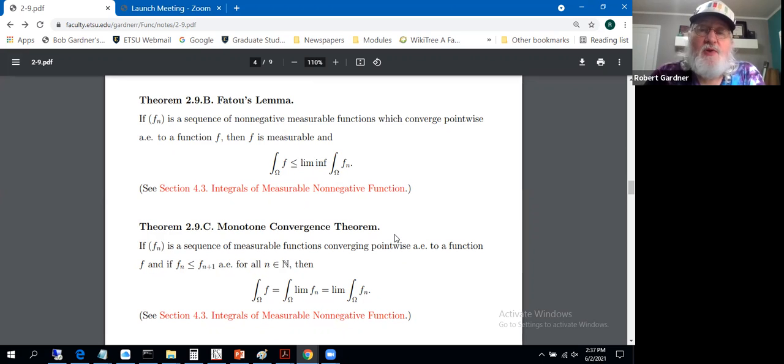It's the monotone convergence theorem that deals with non-negative measurable functions. Similar to Fatou's lemma, we've got a sequence of measurable functions converging pointwise almost everywhere to a function f. Same thing we had up here. Here's a new hypothesis: f sub n is less than or equal to f sub n plus 1 almost